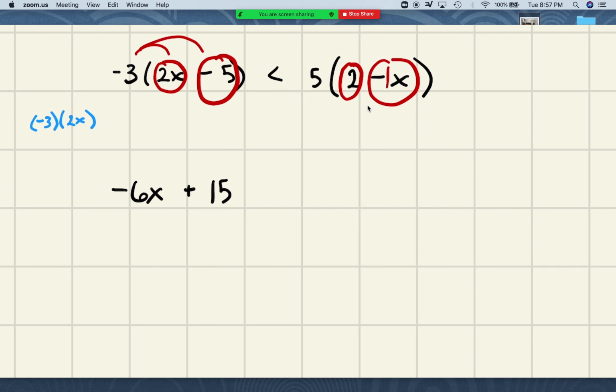So then 5 times 2 is 10. Or you could write plus 10, but there's no number in front of it immediately, so it doesn't make sense to say a plus 10. We already know saying 10 means it's a plus 10 or a positive 10. So you just write 10, and then